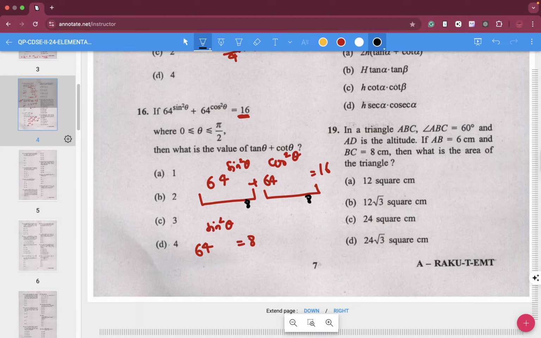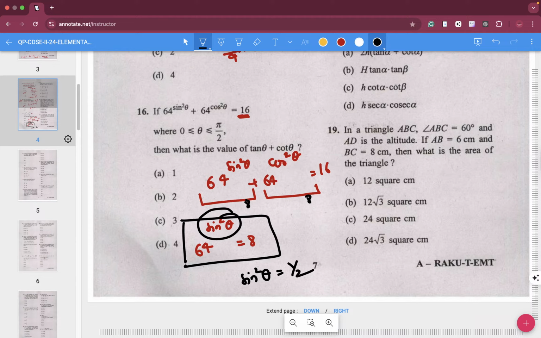As I told you, these questions are solved by using logic rather than the actual way of solving. If it has to work out this way, sine square theta value has to be half, which means theta is equal to 45, that is given over here. Now if you put the value theta is equal to 45 over here,